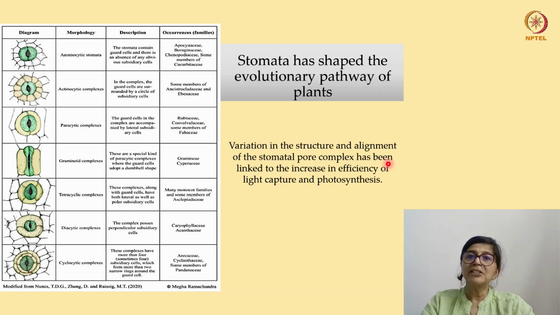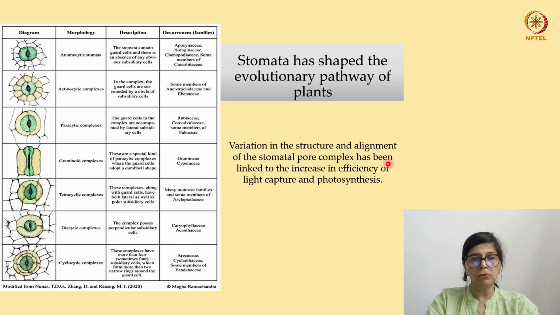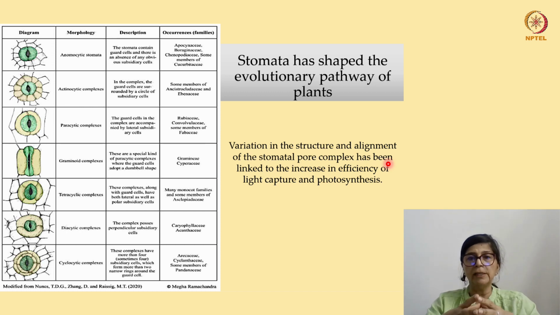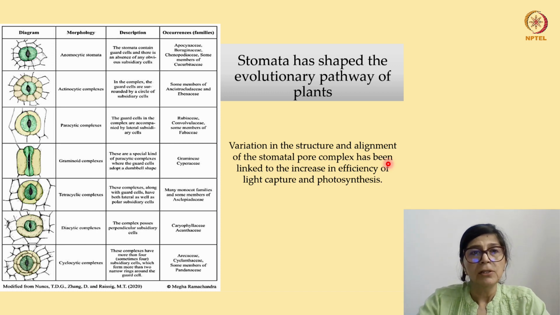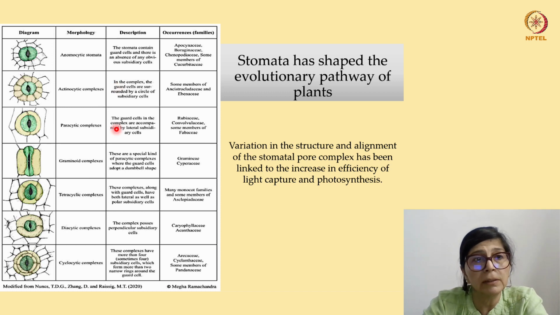So stomata have shaped the evolutionary pathway of plants. Now why do I say that? As you can see, these are the variations in structures of stomata, and we will go one by one, but look at what I have written here. Variation in structure and alignment of the stomatal pore complex has been linked to the increase in efficiency of light capture and photosynthesis. Okay, so let's take a look at what these are. So first is the anomocytic stomata. You can see